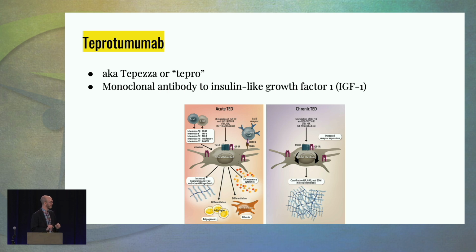And what it does is it binds to this complex. I don't know if there's a pointer on here or not, but at the top, this complex is the IGF-1 receptor and the TSH receptor. And when that gets activated by these other activated immune cells, that's what causes all the changes, the increased adipocytes, the transformation to a myofibroblast. It's going to cause some of these constrictions, glycosaminoglycans, all the stuff that makes the orbit get stiff and fat, basically. And even in chronic TED, that continues to happen to a certain degree.